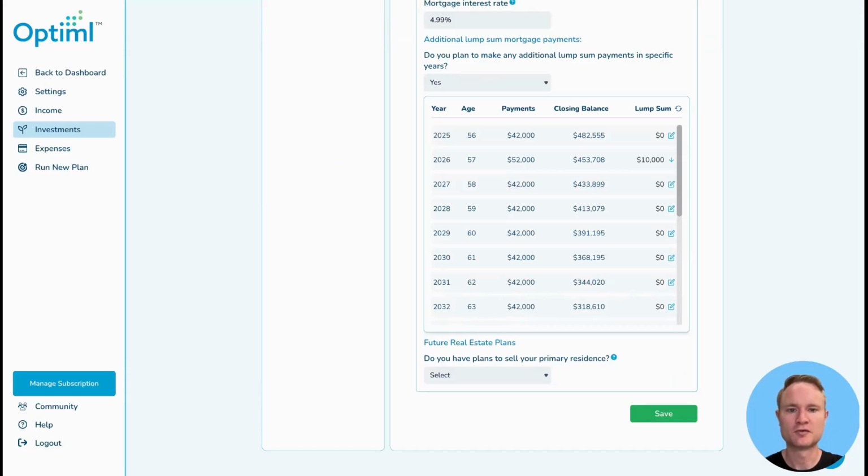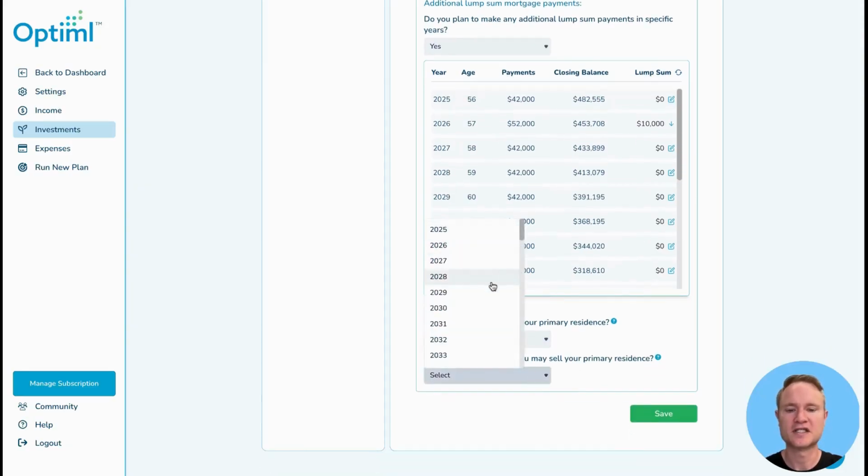Finally, input what you'd like to do with your primary residence. If you never plan to sell it, simply select no. If you do plan to upsize or downsize in the future, select yes, select the year that you plan to